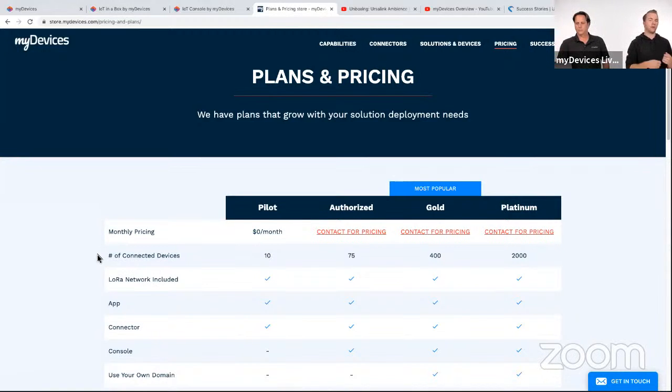You can get a couple devices in and just start playing with things and see how the app works. That runs on our IoT in a Box for not-for-commercial-use application. So that's how that works. Then when you get comfortable with it, you said, okay,